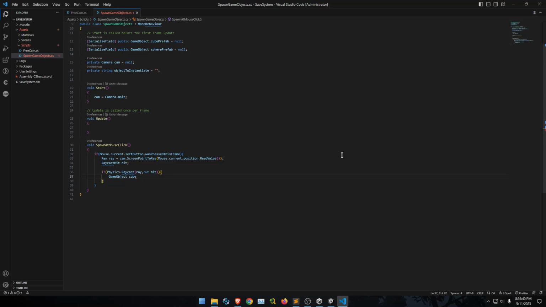Actually, no, we have to do something else before that. First of all, because we have two different game objects, we have to consider which game object to instantiate, and to do that we can basically say if our object to instantiate is equal to cube,